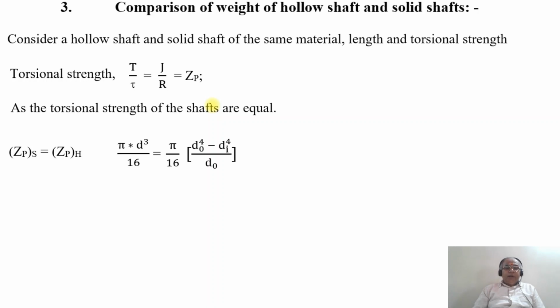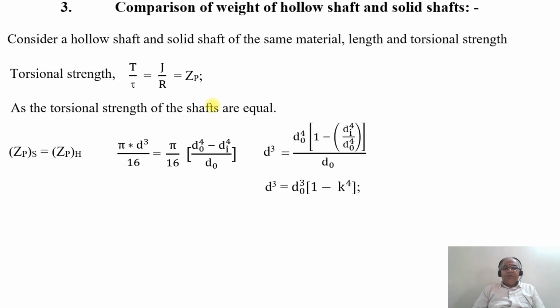So pi by 16 will get cancelled. Therefore, d cube will be equal to d naught to the power of 4 minus di to the power of 4 by d naught. So taking d naught to the power of 4 as the common factor, d naught to the power of 4 into 1 minus di by d naught, the whole to the power of 4, by d naught. So where k will be equal to di by d naught. So that means on simplification, d cube will be equal to d naught cube into 1 minus k to the